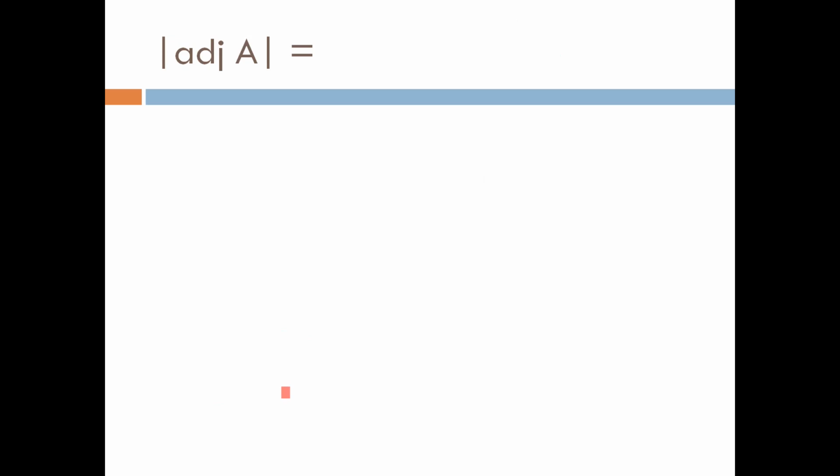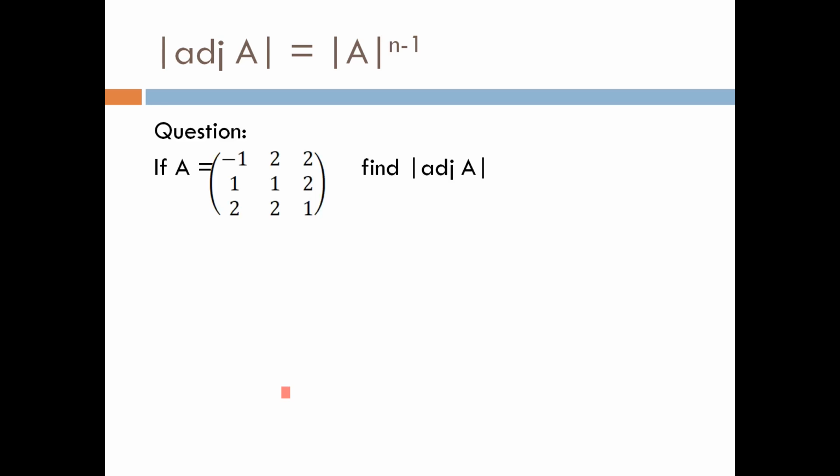The next formula is to find determinant of adjoint A. Usually, first we have to find the adjoint of A matrix and then find the determinant value for that. But there is a simple method. It's nothing but determinant A the whole power n minus 1, where n is the order of the square matrix. I am again going to take the same matrix A. Already we have found determinant A is 9. So determinant of adjoint A is 9 to the power n minus 1, where n is 3 because it's a 3 cross 3 matrix. So 9 to the power 3 minus 1, that is 9 square, that is equal to 81.